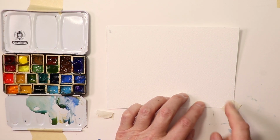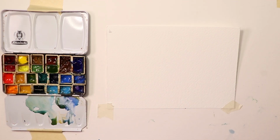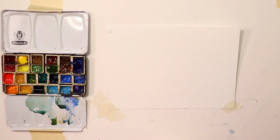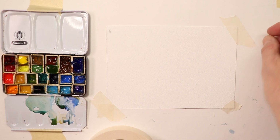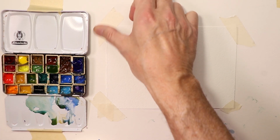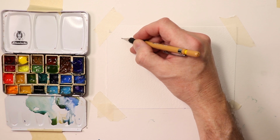And I'll just tape down the four corners here of the paper. I use some good painter's tape. We'll just tape down our paper so that it stays secure as we paint. And then we'll take our pencil and we're going to do some more vertical brush strokes here. So let's go with a